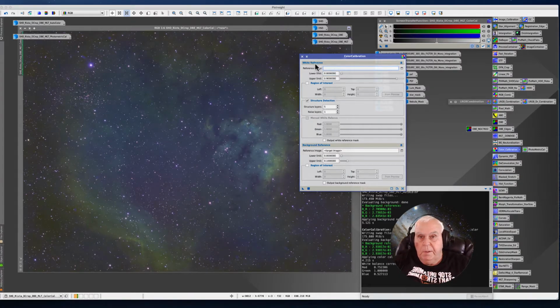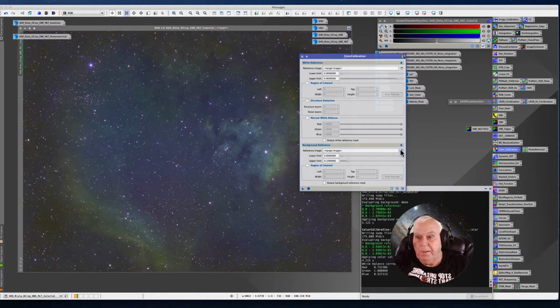There's a lot of different approaches to using your white balance. If you have structure detection selected, you can use just the image as your background, and it will pick your structures, which is primarily your stars, and it will use that as the white balance. I usually uncheck this, and I try to find one of the whiter stars that are not oversaturated. And then of course the